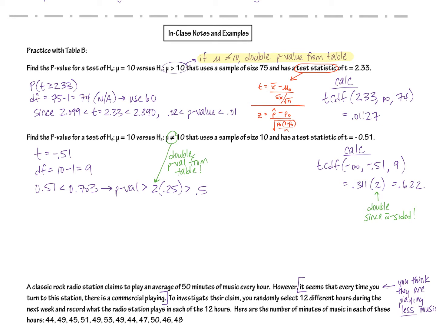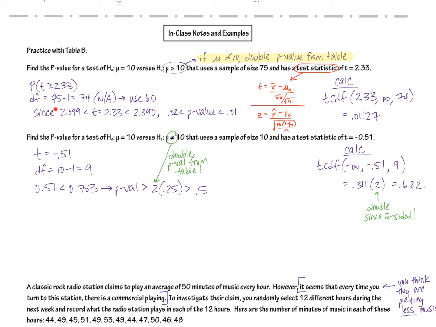And you know how there's not a degrees of freedom 74 option in the table? Remember, you always round down. So the next one available is 60. So on the table, you are looking at the degrees of freedom of 60 column. And you have to look at all of those 4-digit decimals and find the one that is the closest to 2.33. As you can see, the calculator will give you something much more accurate, but what the table will give you, if you can find it,